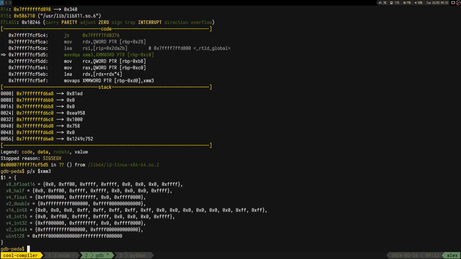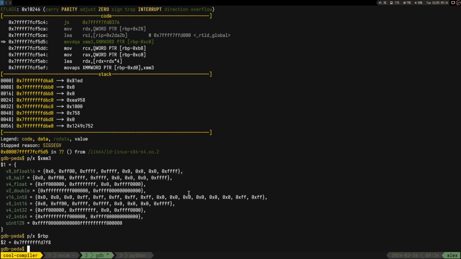Is this how you print registers? Mm-hmm. XMM word from this address. Print x. I mean, we see this address,